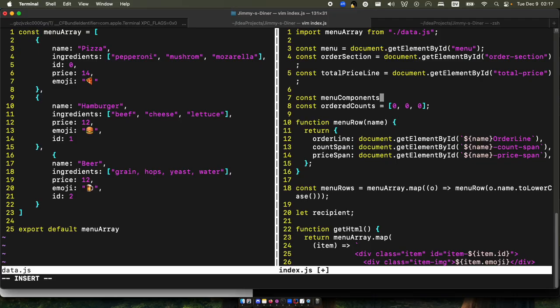It's not that important. Menu components is, and then we're going to map every menu item in the data.js to a menu component. So that's going to mean menu array.map, and then menu item,